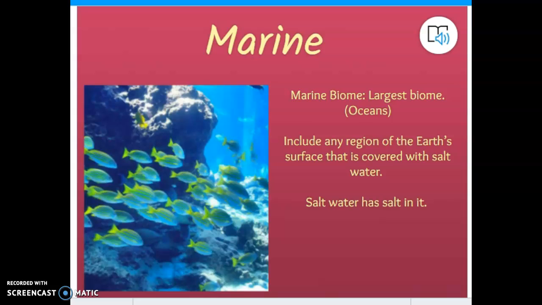An even more staggering number than that, 97, that's rounding up a little bit, but 97% of the water on Earth is ocean water. Now, what do we all know about ocean water? If you've ever been to the ocean and you're out playing and a big giant wave knocks you over, you go underwater and you get a big mouthful of ocean water, it isn't very refreshing because ocean water is very salty. We would say that the marine biome has salt water.